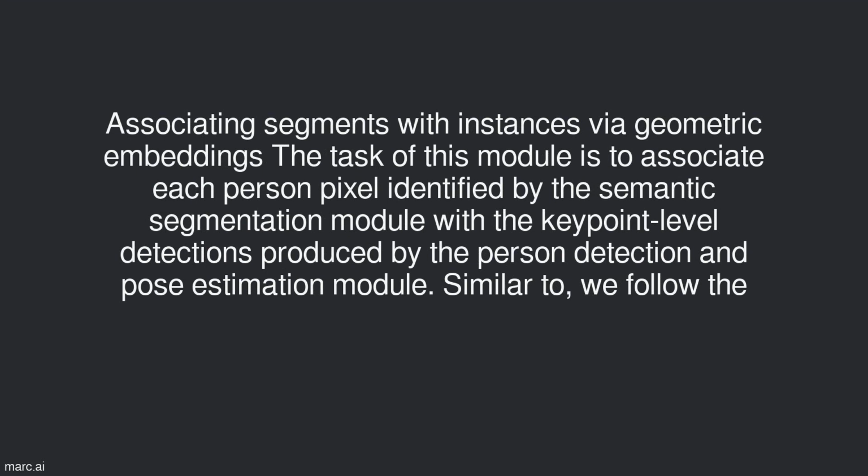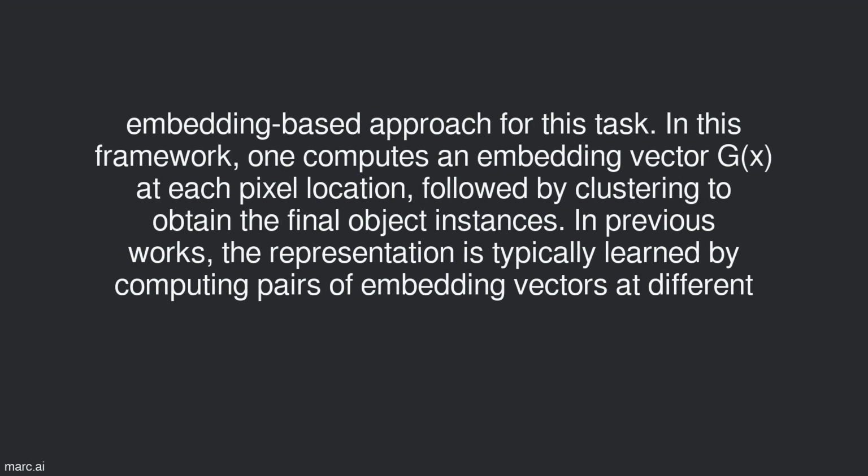Associating segments with instances via geometric embeddings. The task of this module is to associate each person pixel identified by the semantic segmentation module with the keypoint-level detections produced by the person detection and pose estimation module. Similar to, we follow the embedding-based approach for this task. In this framework, one computes an embedding vector g(x) at each pixel location, followed by clustering to obtain the